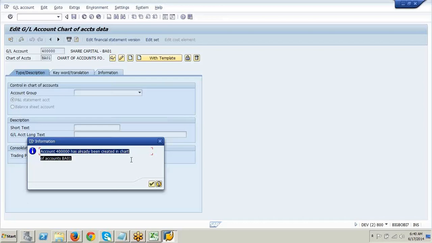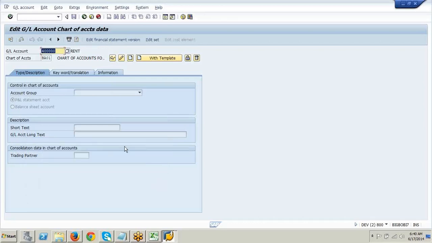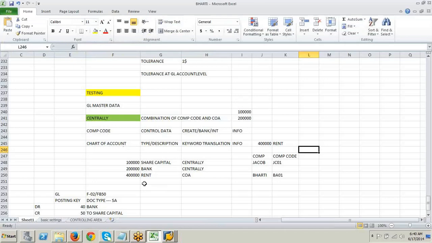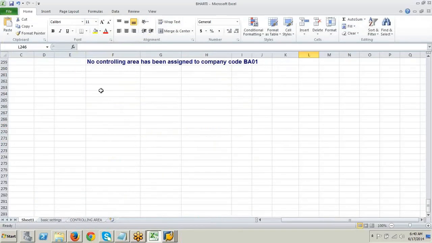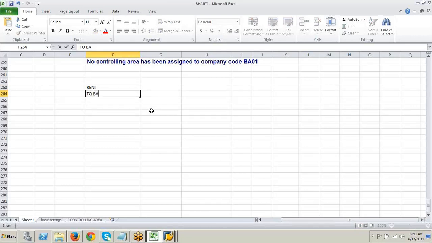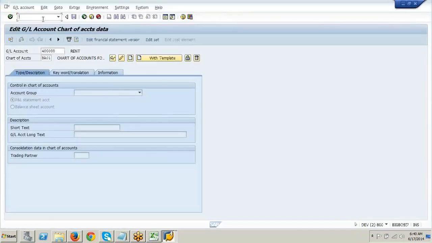I don't think you people are spending time on that. So what I'll do is now I want to post one more entry for the testing. The entry is rent to bank. 40, 50. So I'll go back to slash and 02.